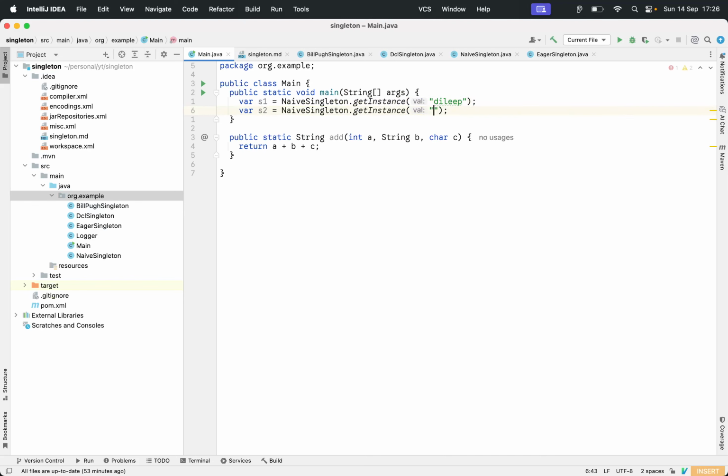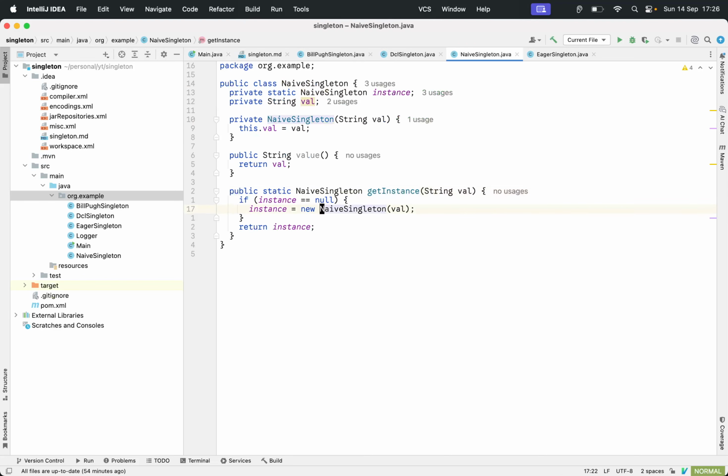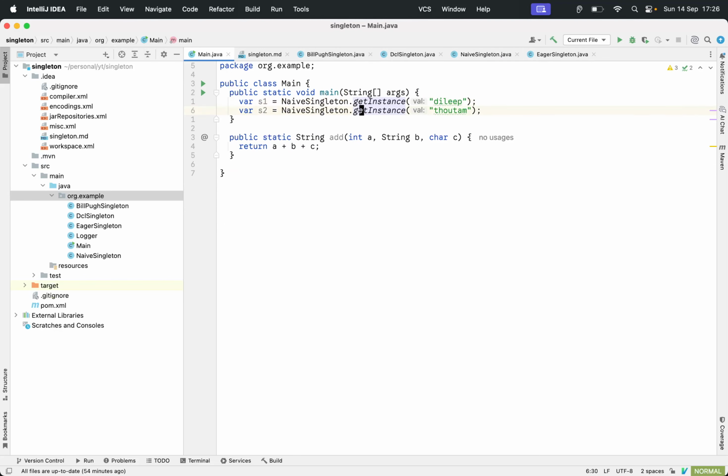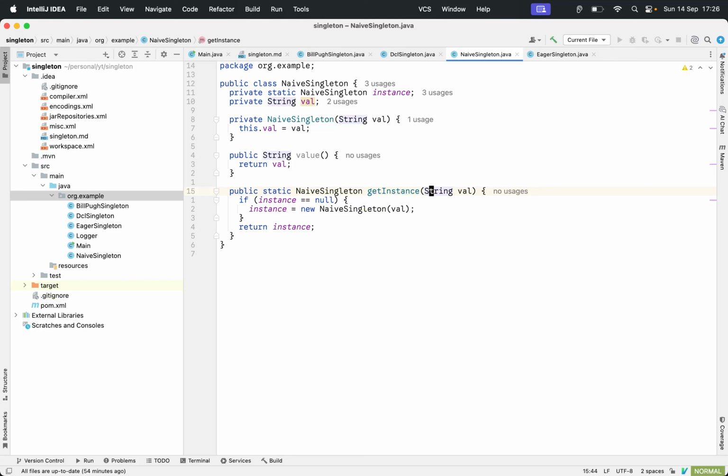You are getting that instance first. That means in the first statement the instance value will be null, and the naive singleton will be initialized with the value delete. The second time, this value will be ignored because the condition is not null and this won't be executed.